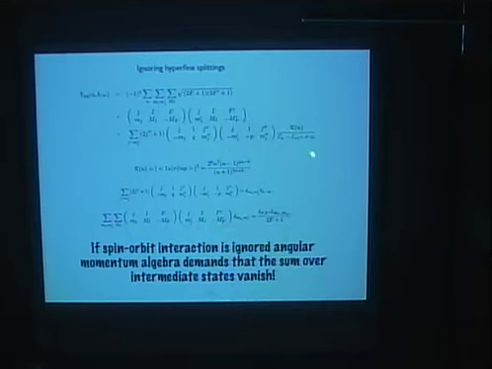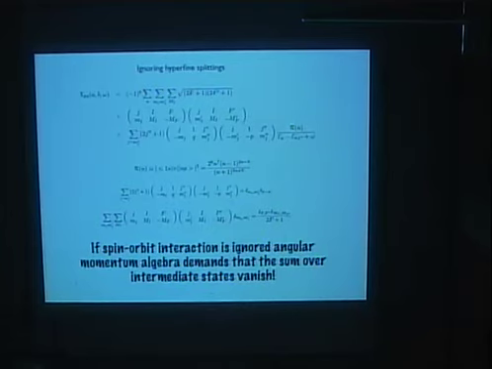So again, you could use the hyperfine scheme, but just to make it simple, I used the LS coupling and used the J quantum numbers to do the sum over the intermediate states. So when you sum over all the possible J prime, you have two J's: the J equals 1/2 and the J equals 3/2 for the 2p states. If you can ignore the energy defects, then all you have to do is look at the selection rules for these angular momentum 3J symbols and realize right away that this sum vanishes.